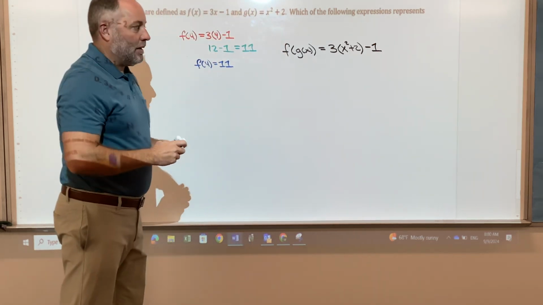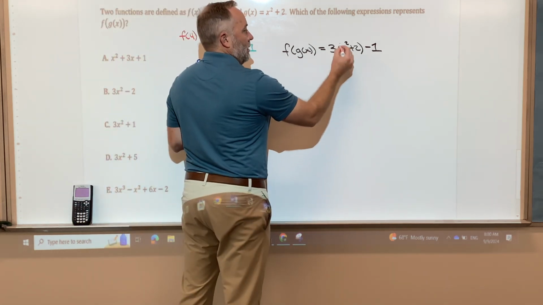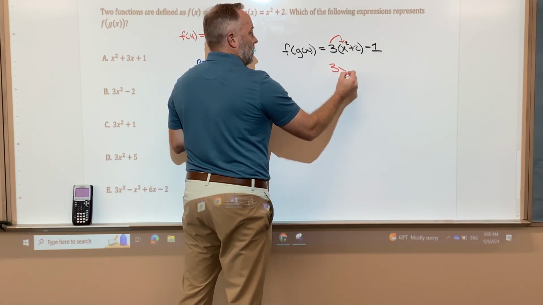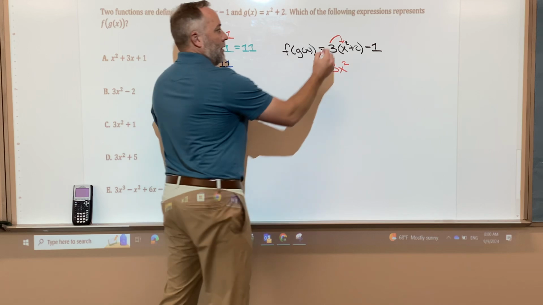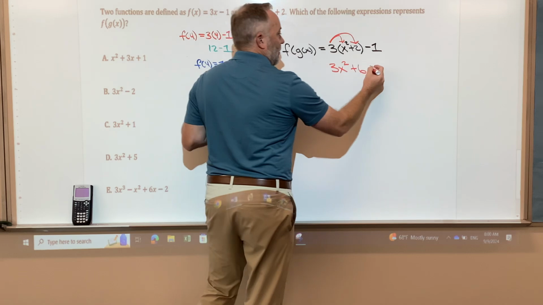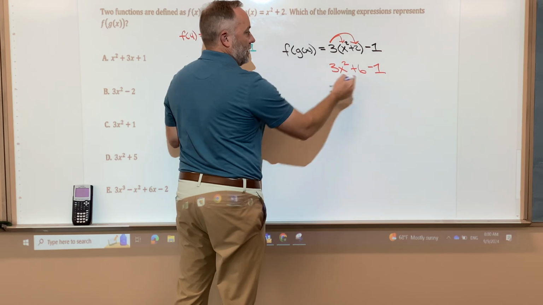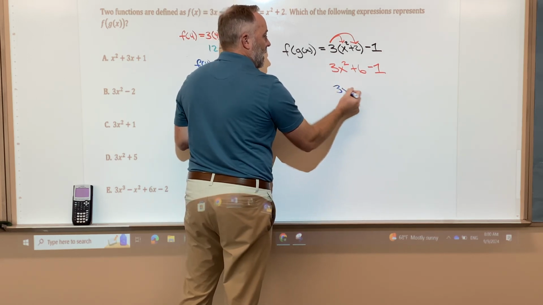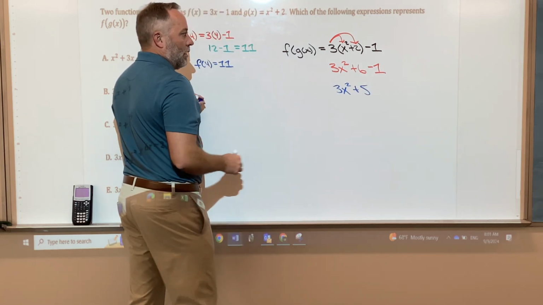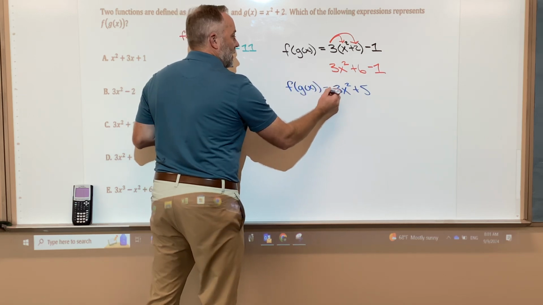Now that we have that set up, it's pretty simple in terms of what we're being asked to do. This 3 distributes into the parentheses, so 3 times x squared is just 3x squared. 3 times 2 is 6, and then we still have this minus 1. So combining any like terms that we see here, it's just the 6 and the 1. So 3x squared, 6 minus 1 is 5. And we've done all of our operations, so we now know that f of g of x is equal to